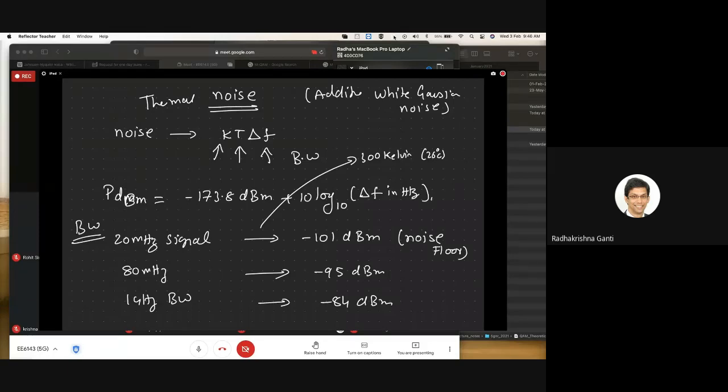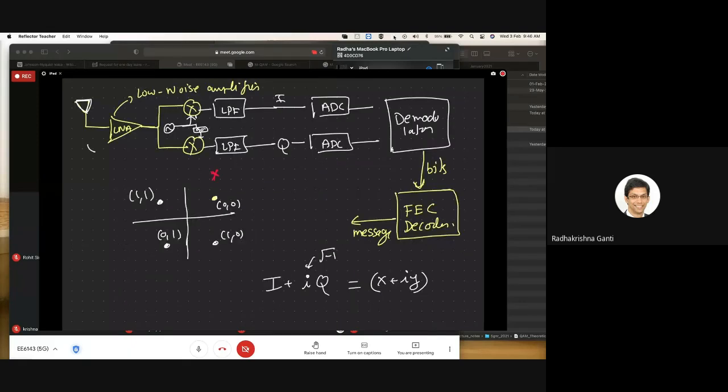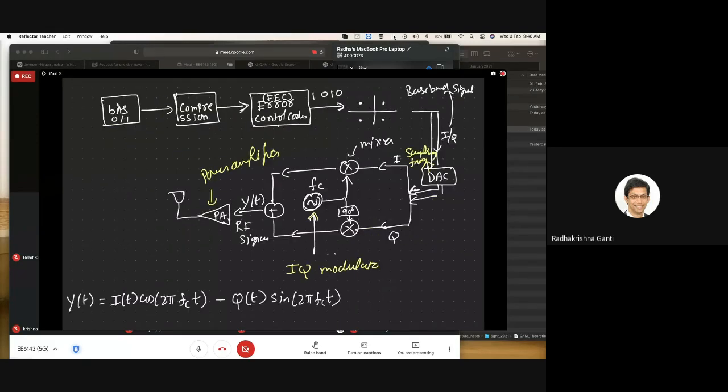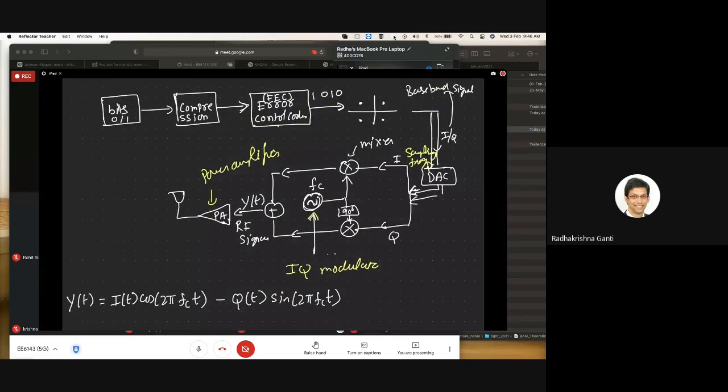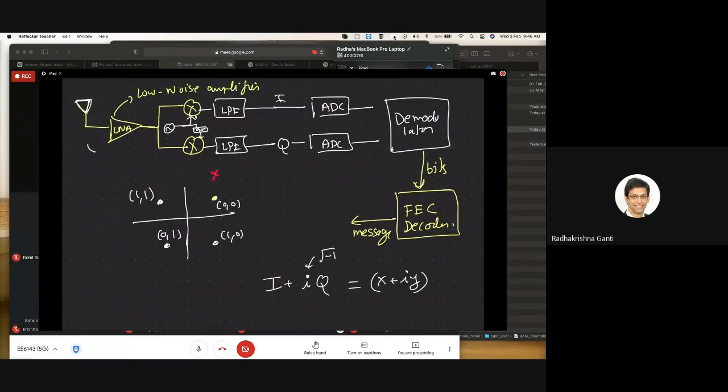Now what I want to do is introduce a simple model. You have a transmitter like this, you have a receiver like this. If I start bothering about what happens in the electronics, I will not be able to do any baseband processing or baseband algorithm. So what I do is I abstract it out. I don't worry about what happens from this point, and similarly I don't worry about what happens up to this point. I abstract it out. I do something like this.